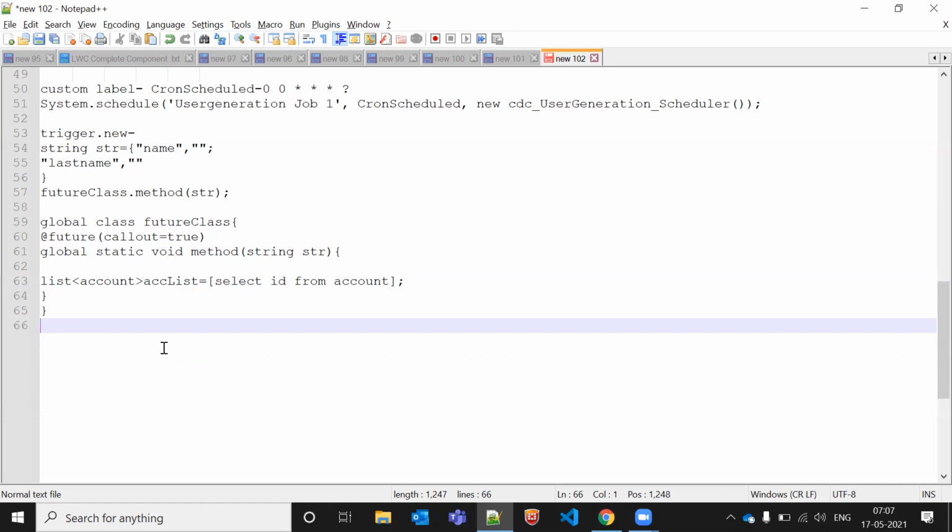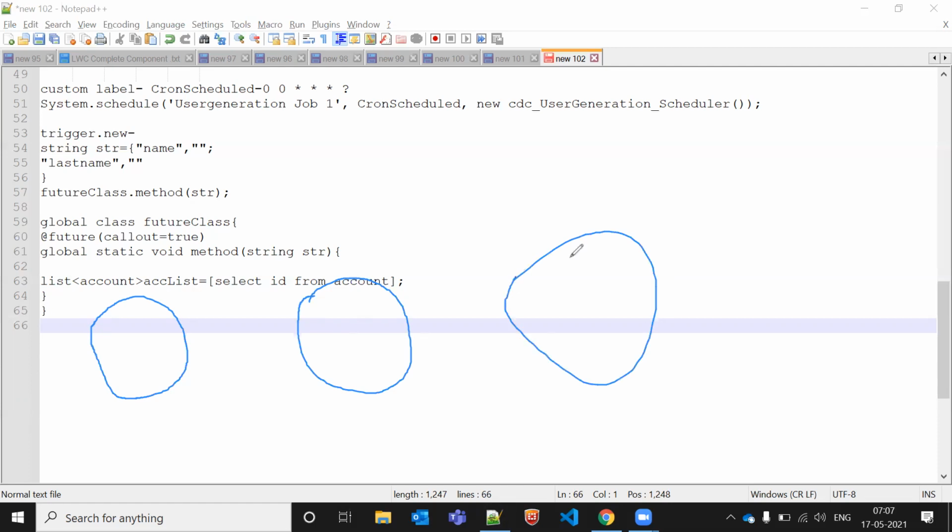Is it more than one class in a queueable? No, a queueable class is one class actually, but we can call another class. Let's say this is my first queueable class, this is my second queueable class, this is my third and fourth queueable class, or let's say I have different batch apex.